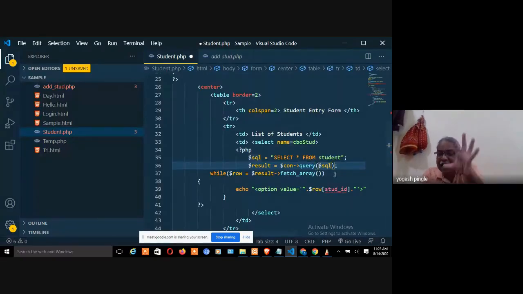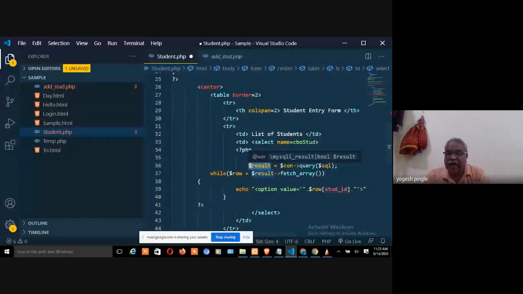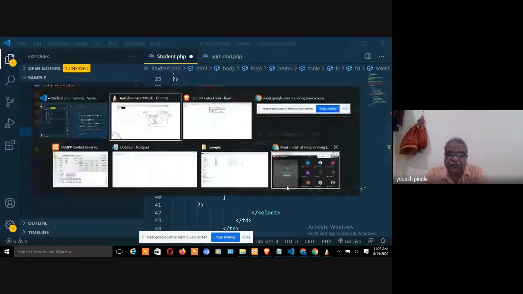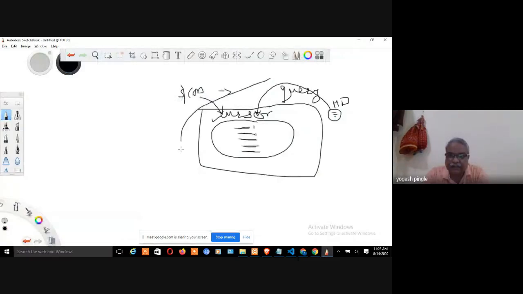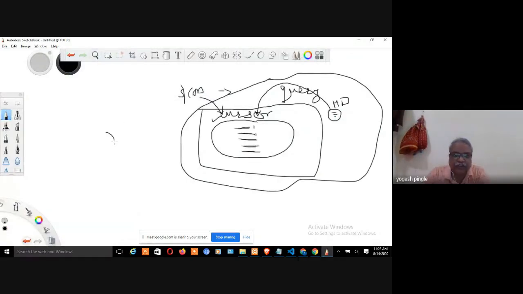It's a pre-compiled function. Pre-compiled means it has already been compiled, and for this cursor you are pointing with con, and you are going to store it in one more variable called result, or any kind of variable name. This variable is equal to this. Now the meaning of equality is also pointing, right?